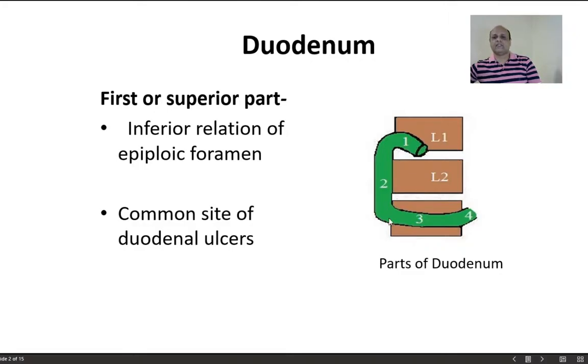You can make out it is C-shaped, and in that concavity of the C lies the head of the pancreas. An important thing is that the duodenum is 25 centimeters long. There are some structures in our body which are 25 centimeters long, including the ureter and the duodenum. We'll again come to that when we do the ureters. For the time being, you should know that the duodenum is 25 centimeters long